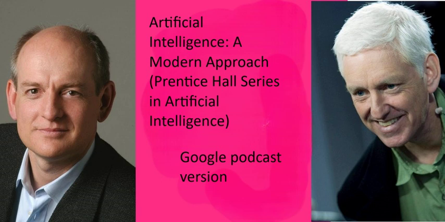Exactly. So rationality is about maximizing expected performance, whereas perfection would be maximizing actual performance, which we just can't expect. You can't have perfect foresight. And so our definition of rationality really emphasizes that it depends only on the percept sequence up to that point. So the agent is making the best decision it can based on the information it has at that moment. But that doesn't excuse a lack of intelligence.